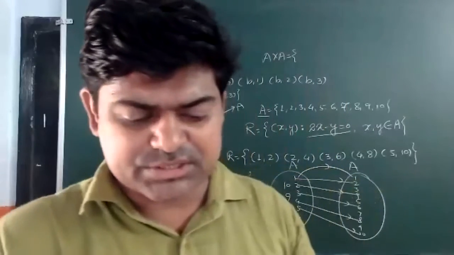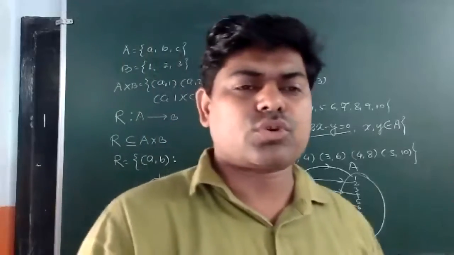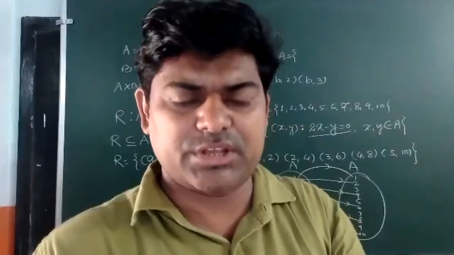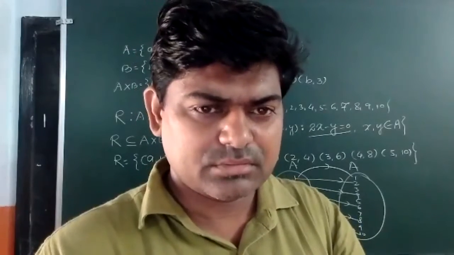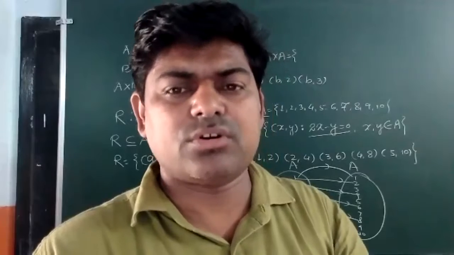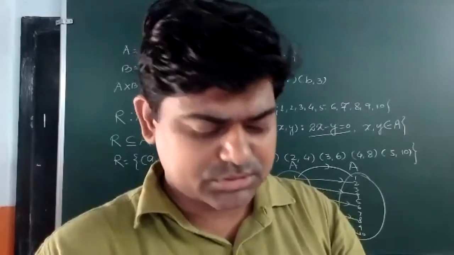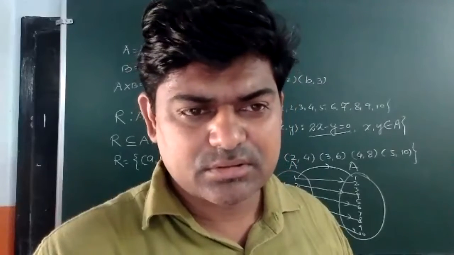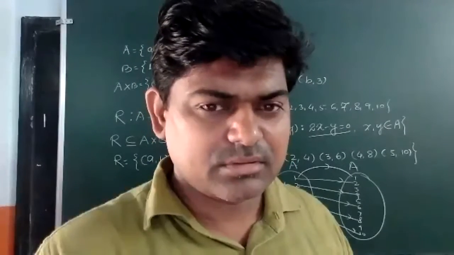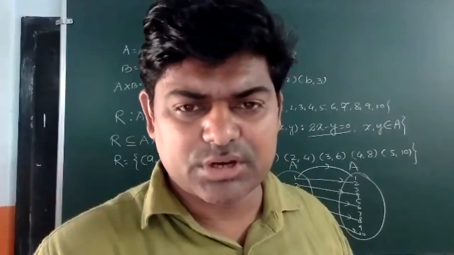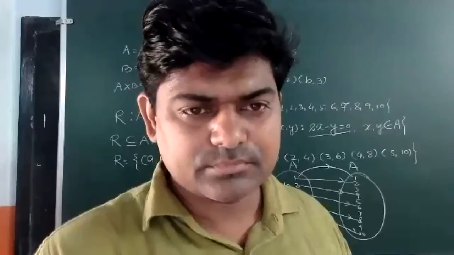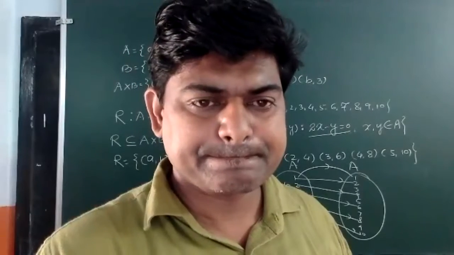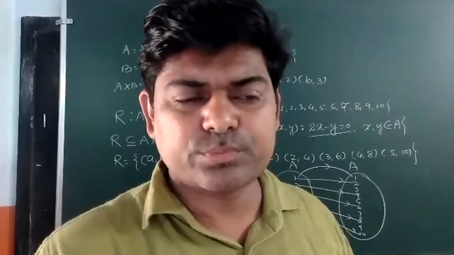Now in front of you, you can see your first exercise. It totally depends on the ordered pair and the Cartesian product A cross B. Am I correct? The first exercise is totally dependent on ordered pairs and the Cartesian product. So if anyone has any question in the first exercise, you may ask. In the second exercise, we will discuss relation. Does anyone have any question in the first exercise? Meaning 2.1.